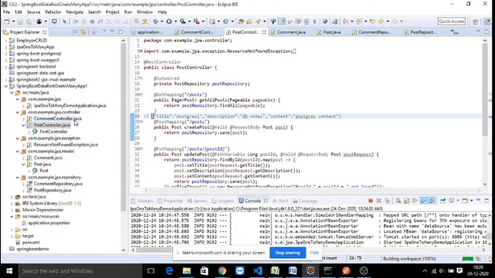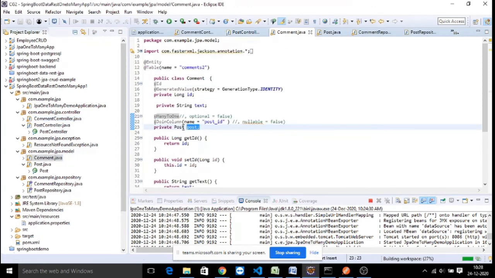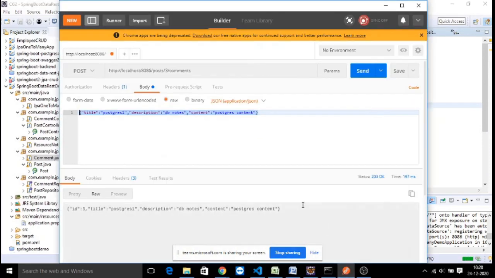And coming to comments, we have the column as text. So we need to add text here. Only one column you need to add. Text is going to be, this is my comments on Postgres. Simply I am giving one comment for the post number 3. So the request should go to your comments table with this column, and be associated with the post ID called 3, which is from the post table. Getting my point? This is how you need to send.